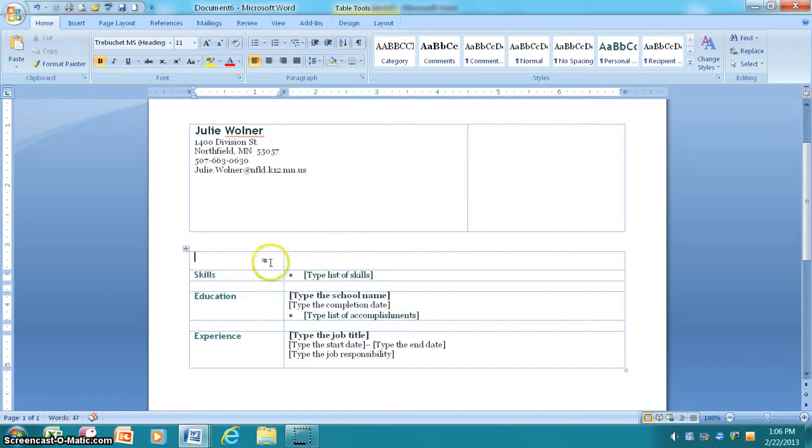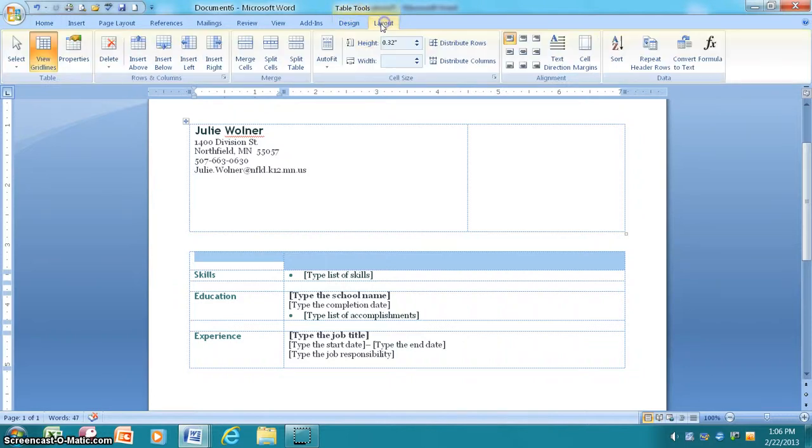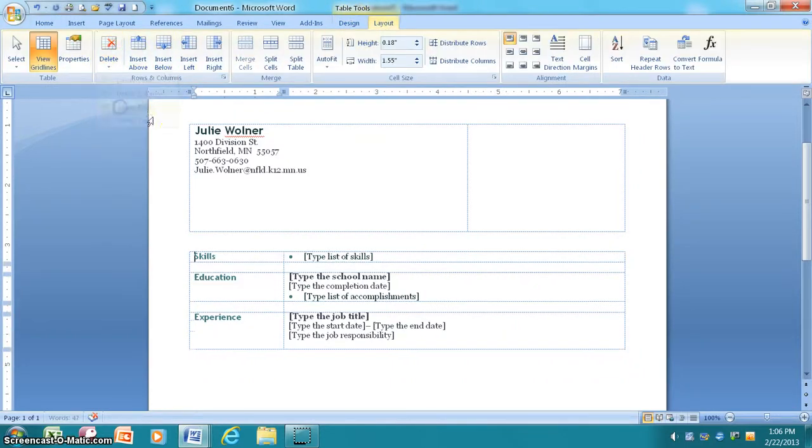From the last chapter, we know that if we go into the layout, we could say we'd like to delete that row. We no longer need it. Now in the skills area, what you're going to put there are some